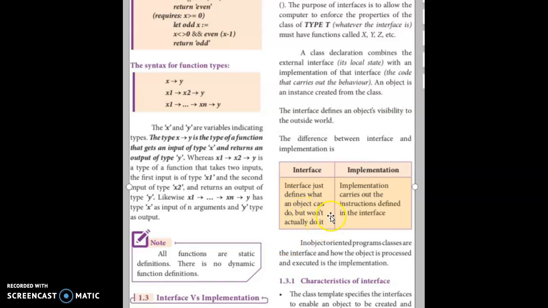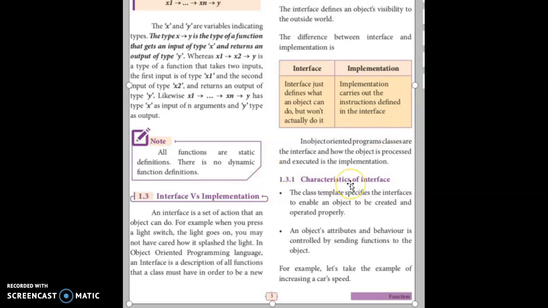It means it is done by the object which is explained by the interface. And the implementation carries out the instructions defined in the interface. It means the functions we gave in the interface are implemented as you defined them. Each and every instruction of the interface is implemented by the implementation. That's all about interface and implementation.